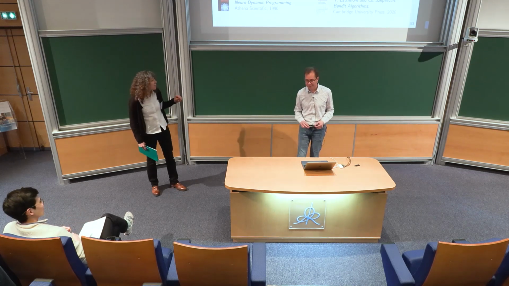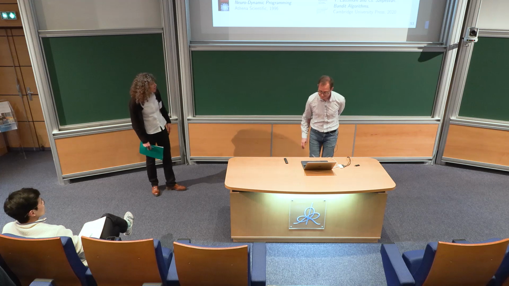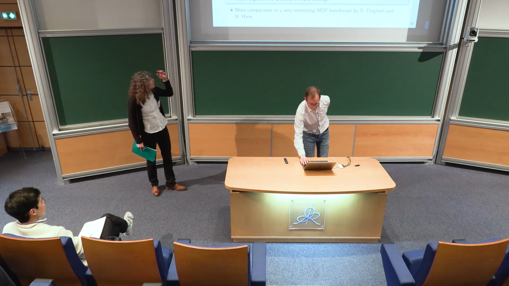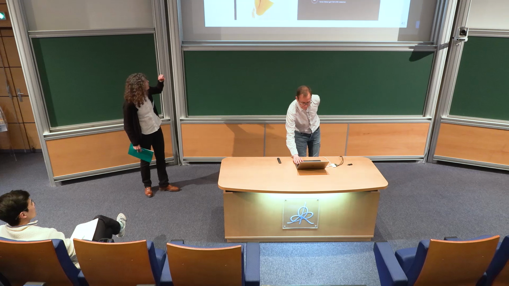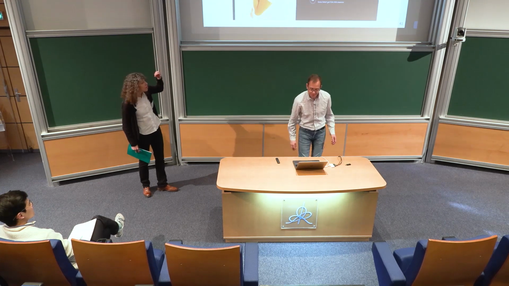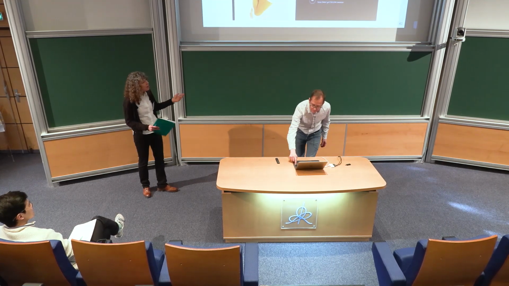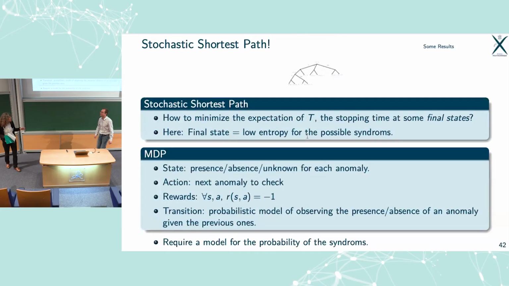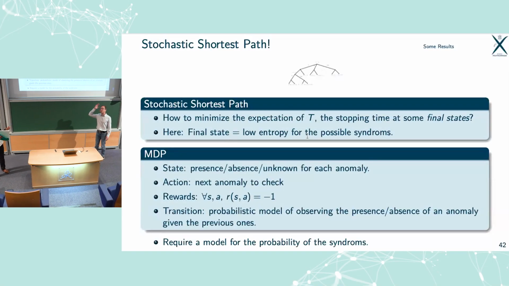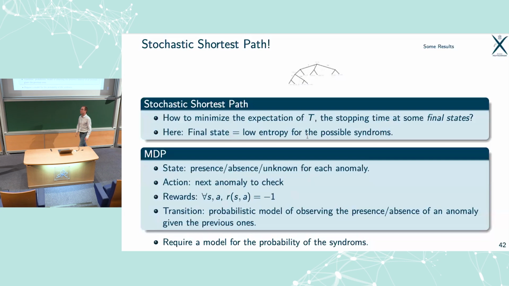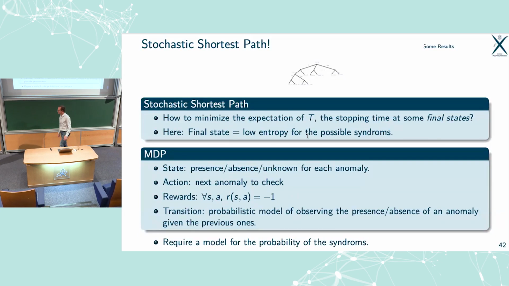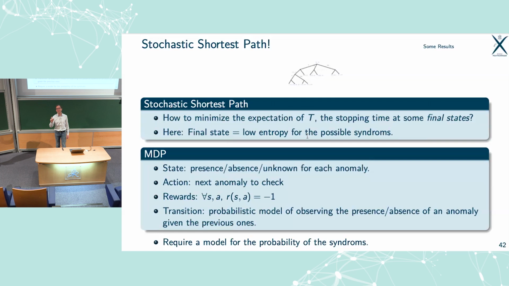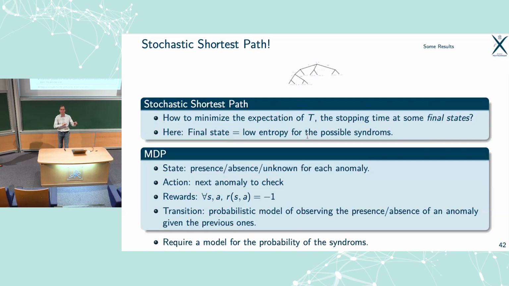Maybe I can just start with a small one on the startup you mentioned. I was wondering what were exactly the rewards that you had? Was it to detect some disease, or was it to have the most beautiful picture of the baby? So for the exact problem Rémi has solved during his PhD, the idea was to reduce the number of interactions, the number of organs that you have to visit before you can make a diagnosis.